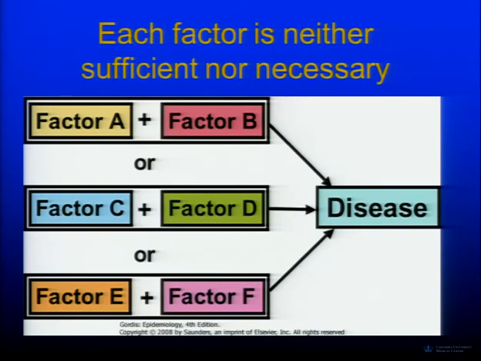And really, when we're talking about nutrition and dietary factors and nutrients, this is pretty much what we're looking at, that each factor is neither sufficient nor necessary. Unless you're talking about something like vitamin C deficiency and scurvy, you're not going to get that kind of association. You're looking at low intakes of vitamin C plus maybe exposure to someone with a cold, and then you might get a cold. That's the way we have to think about it. Life isn't pure and simple when we're dealing with nutrition and nutritional epidemiology. We have to realize that there's a lot of other things in the mix that are going to make it hard for us to tease out looking at only our nutrient and our disease.